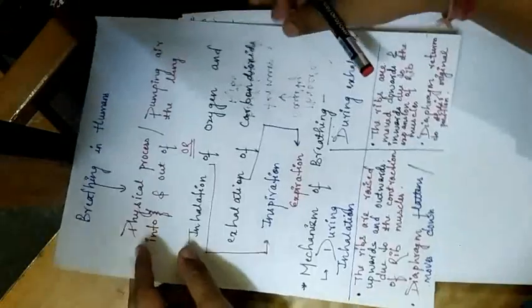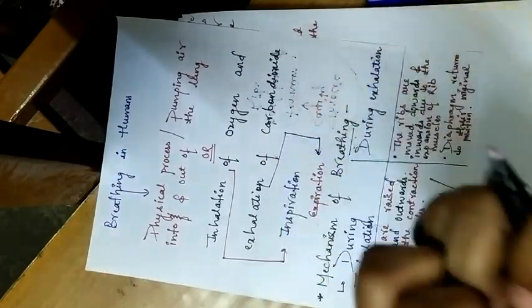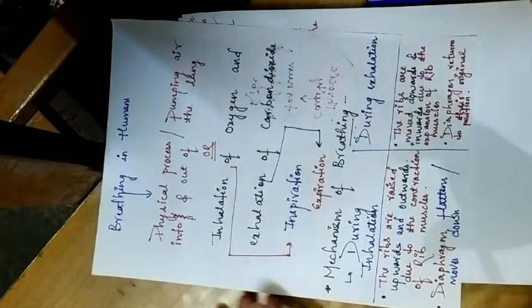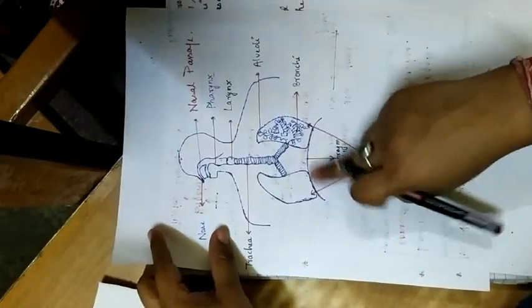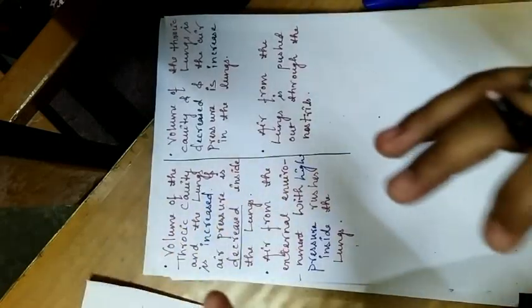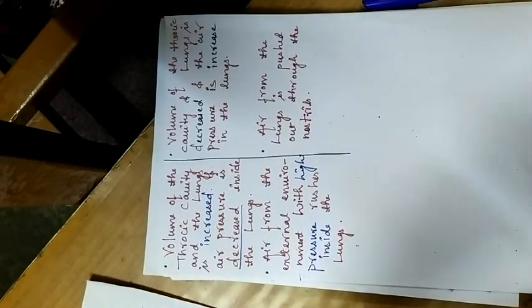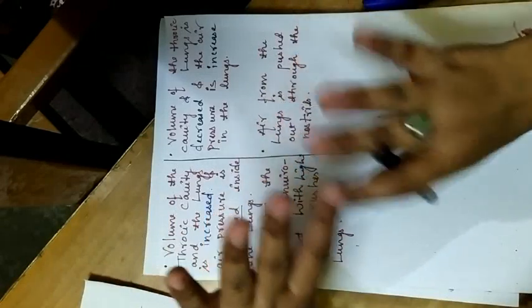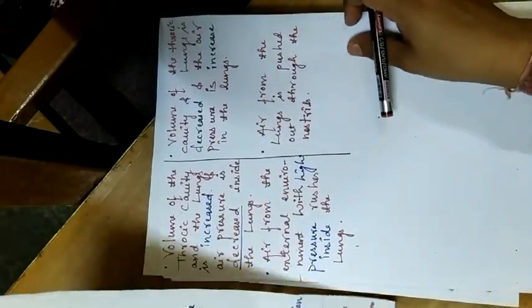What happens during exhalation? The ribs are moved downwards and inwards due to the relaxation of the rib muscles, and the diaphragm returns to its original position. The pressure of the air inside the thoracic cavity and lungs is increased. That is why the air from the lungs is pushed out through the nostrils. So this all happens during the